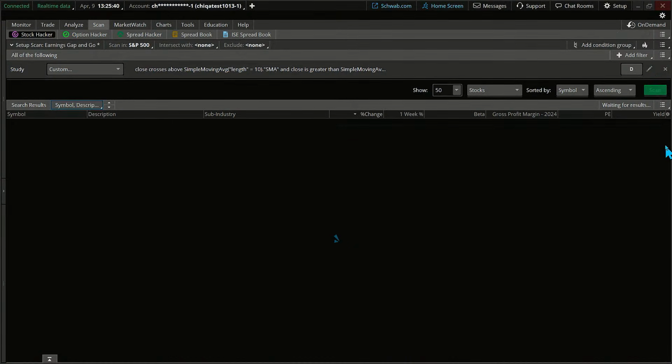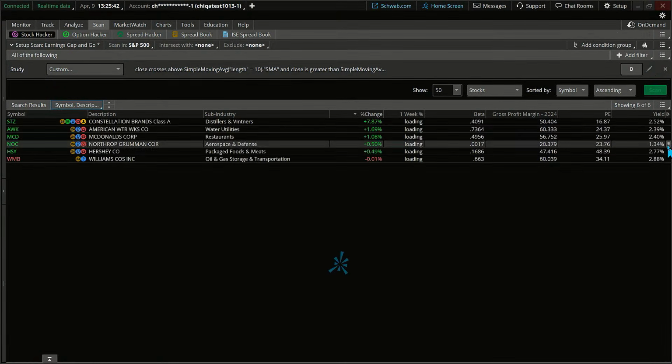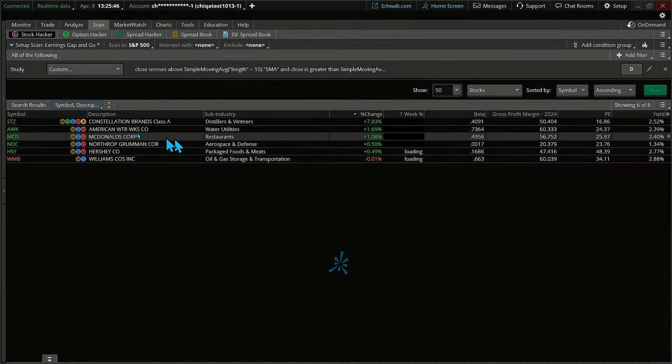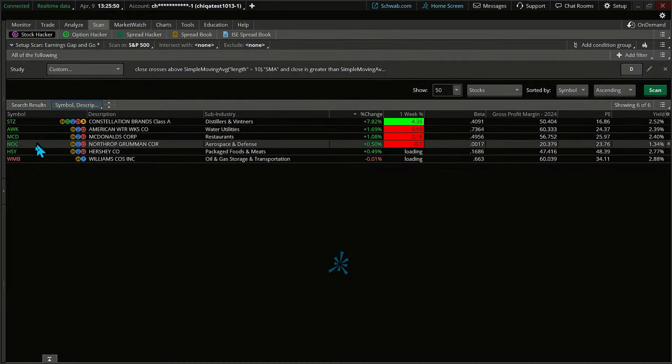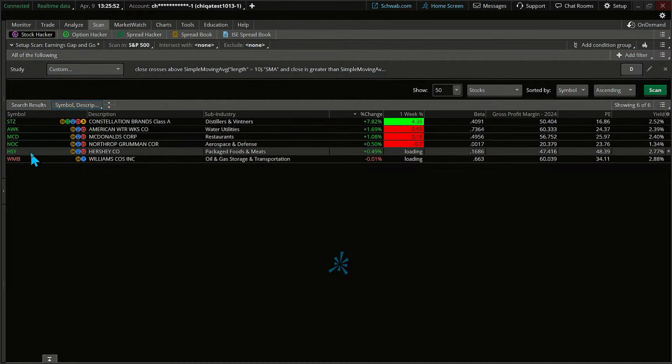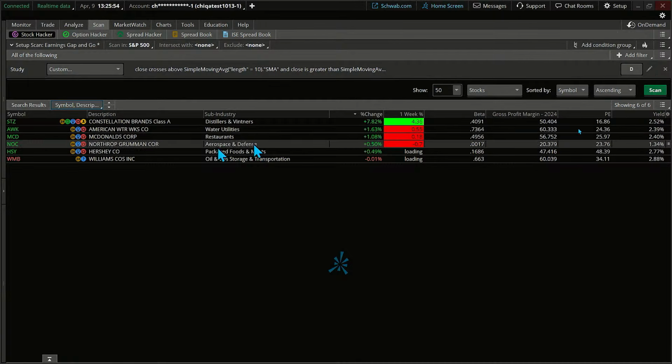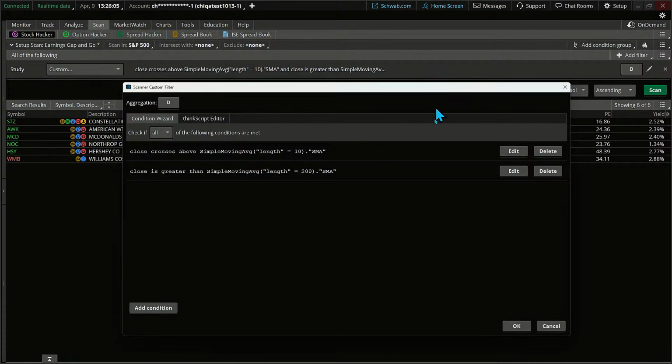Wow, this is going to be a lot smaller. Go through the 500, 6. Yeah, there's 6 there. Oh, wow. Yeah, we're getting the stars one coming up again. It's right there. And so too, Hershey, some of the names we might recognize. Hershey, McDonald's, Williams are in there as well. Let's just take a look at that right now and see what we've got. Actually, you know what? Let me do this just to get a little bit bigger group of companies, just to show you, because yesterday was an up day too.